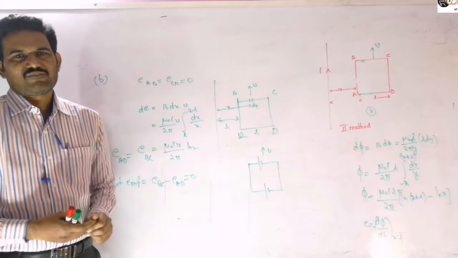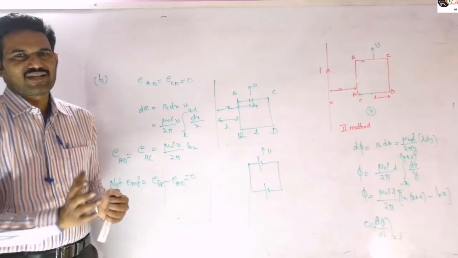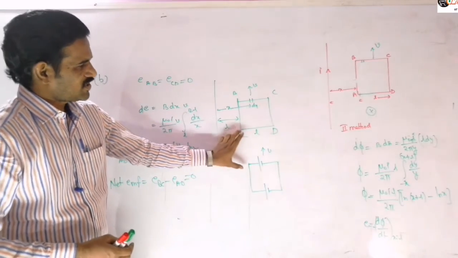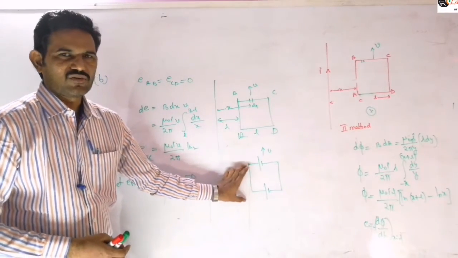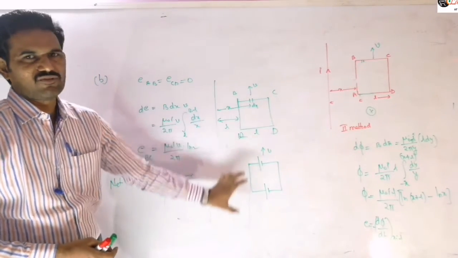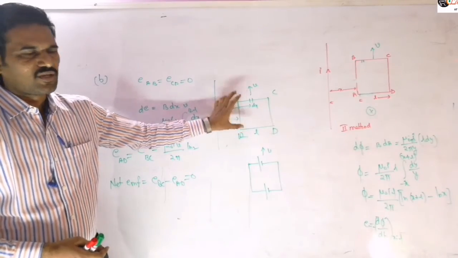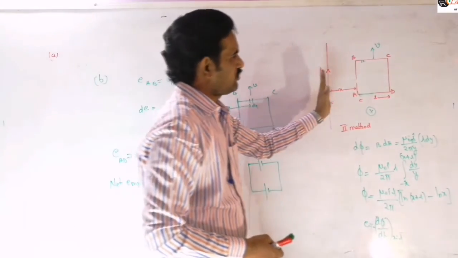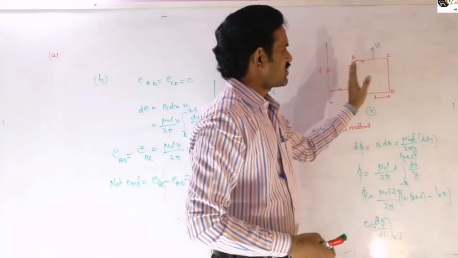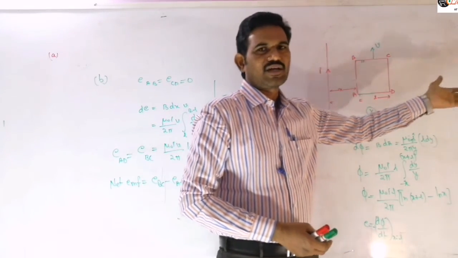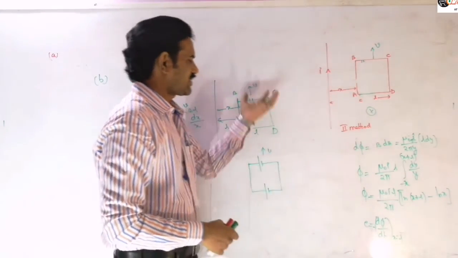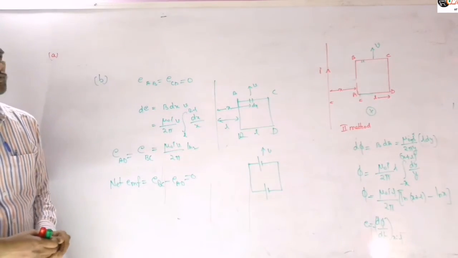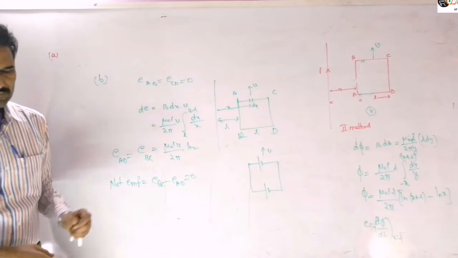Or you can say it in another way: the flux passing through that loop will remain the same. There is no change in that flux, because whatever flux is passing through initially, the same flux will be there even after it has moved some distance, because the distance of the loop from this wire is not changing. But whereas if the loop is moving along this other direction, the distance of the loop is changing, so the magnetic flux is changing there. But if it is moving like this, the flux passing through the loop will remain constant. So we can directly answer that there is no induced EMF produced in that loop, right?